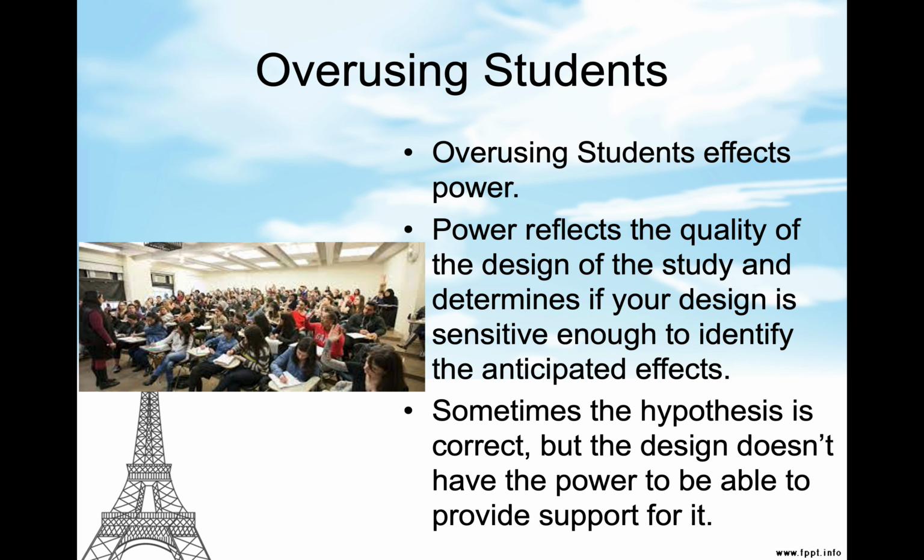Now, the reality is that this is representative of only people between the ages of 18 and 22. It's not representative of people between the ages of 14 and 18. It's not representative of people between 30 and 40, because they come from different generations. But the reality is most of our research comes out of colleges. And this is one of the reasons why, when you're looking at research, I'm asking you to look at the population to see who they are and to see if this is a possible bias.